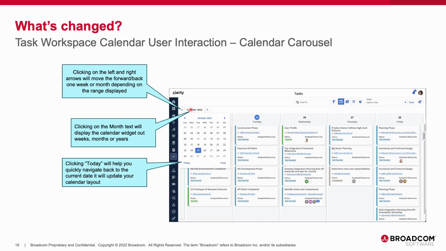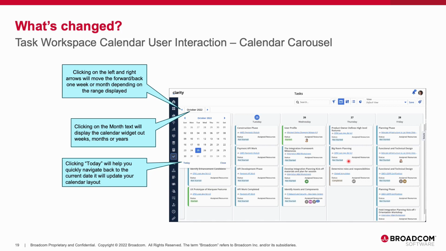If you click on the text within the calendar carousel, it would actually bring up our standard calendar widget. And this is a way, if you want to navigate ahead either by months or years, you can do that via the calendar widget. Clicking the month text again gets you into the area of navigating to a specific month for a specific year. And then once you click a particular date, it will update the main canvas,